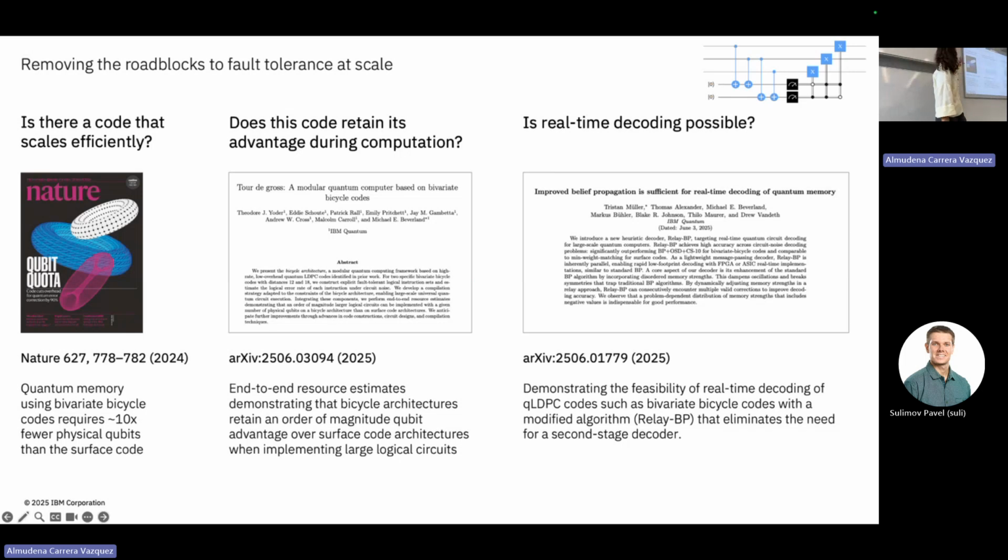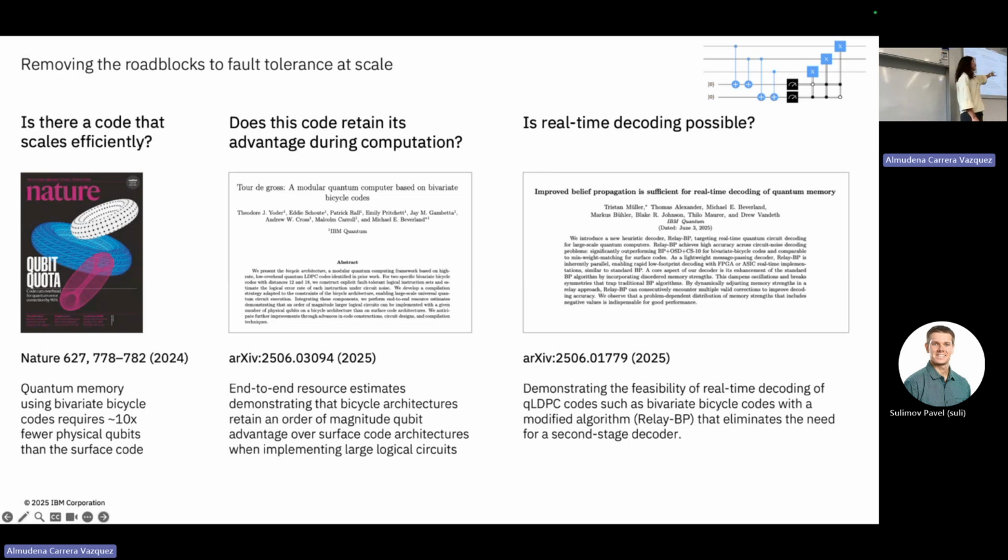So, okay, they came up with a new code that uses 10 times fewer qubits. But now the next question is, in memory you need 10 times fewer qubits, but once you try to implement gates, does this reduction still hold? So there was a second paper where they show that if you take into account all the resources that you need, so if you remember the magic factory was at one end and you need to send things all along. If you take all these things into account, it's still 10 times more efficient than the surface code. That's what they showed in the second paper.